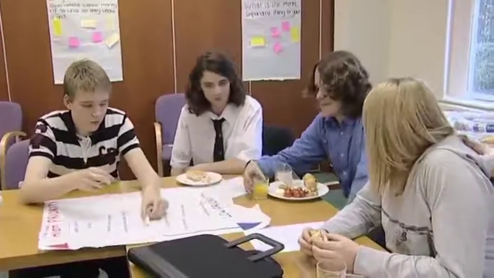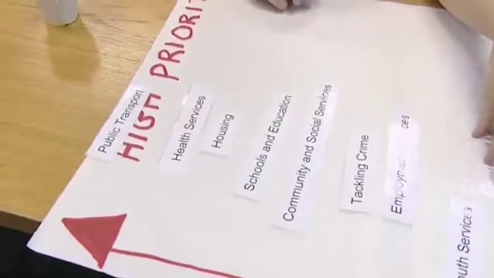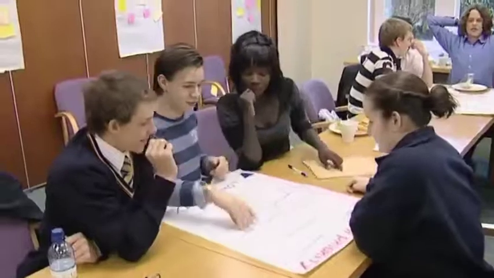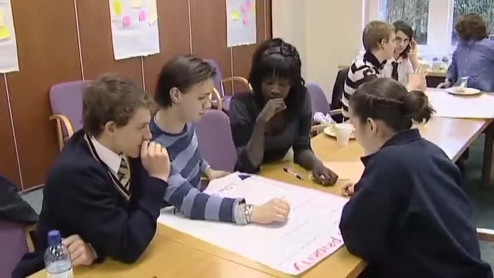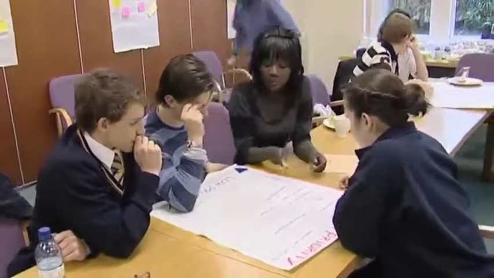Three of the students in the room this evening have an even bigger role in national youth politics because they're also members of the UK Youth Parliament. The UK Youth Parliament has over 600 elected members around the country. Elected members are known as MYPs, and they're all between 11 and 18 years old.